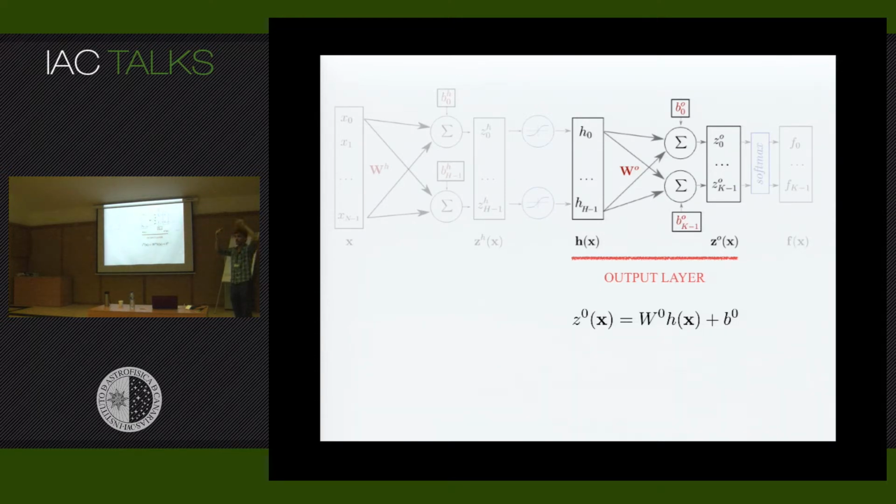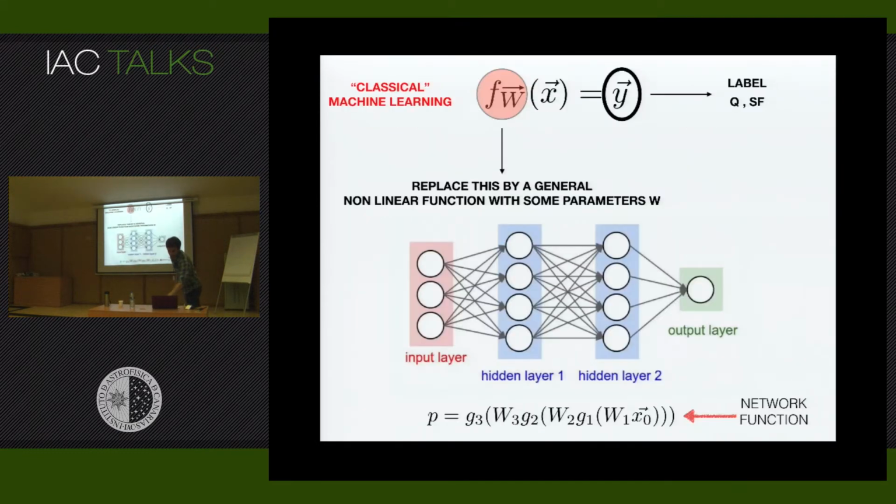Yes? Is it still useful if you're using the same activation functions? Yes, the same activation function, but with different weights. So basically, what you are increasing here is the number of parameters of your function. You have a function that depends on some parameters, W, and by stacking and putting hidden layers, you are increasing the number of parameters, and you are increasing the nonlinearity, because at every step you are passing through the activation function. So you're nesting and making more complex functions, essentially. But the idea is essentially the same.